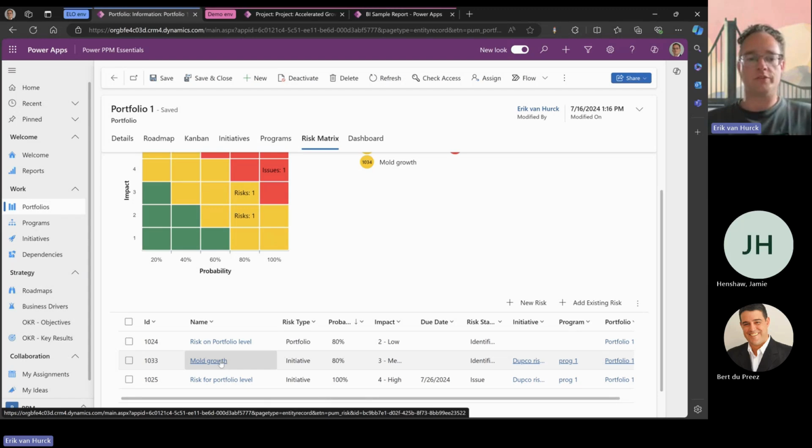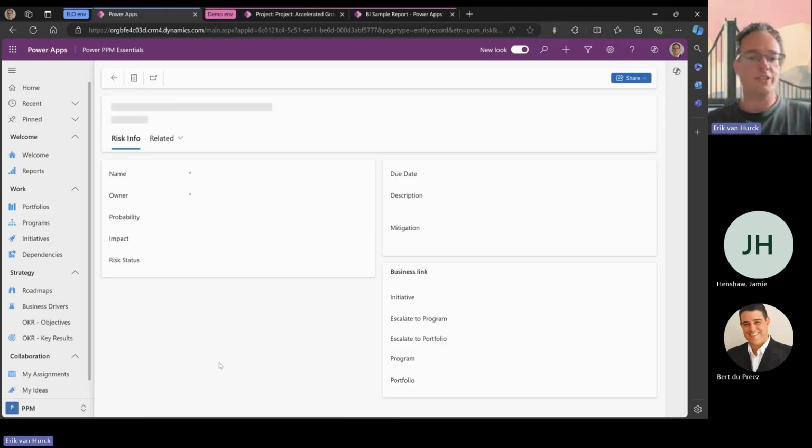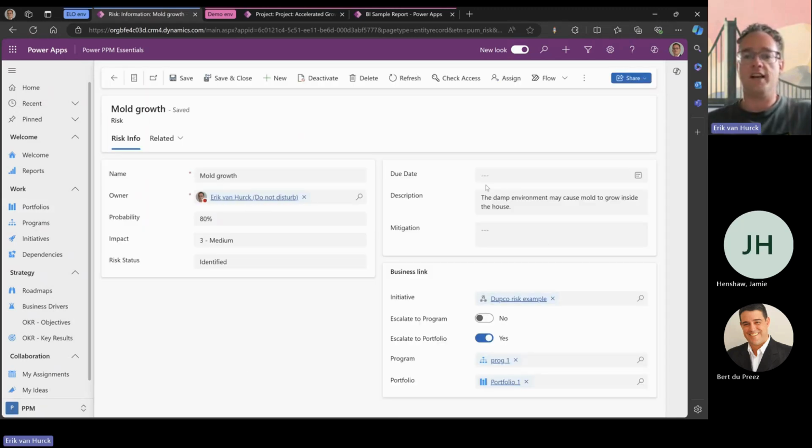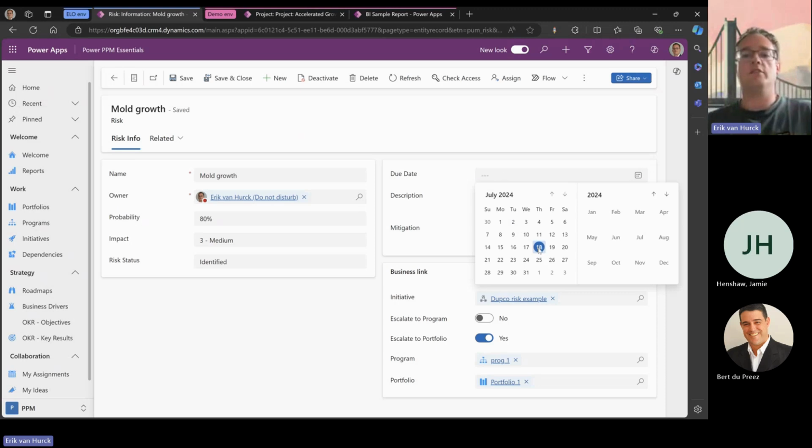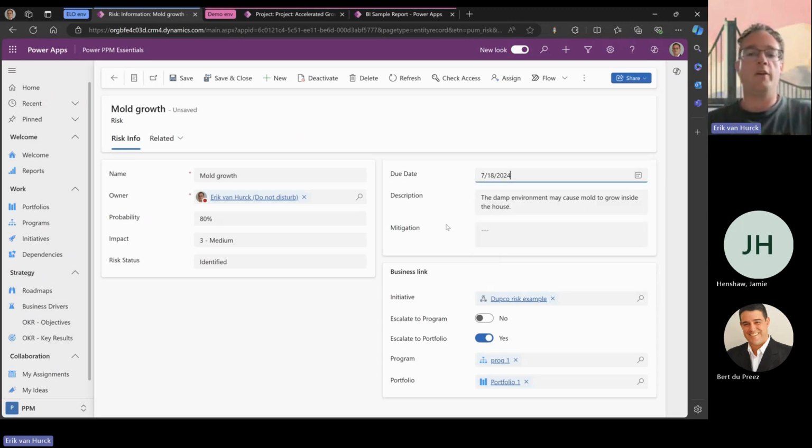Now on this mold growth project risk, what you'll see is on the right side, I have the option to look at due dates, which is typically the date where you would revisit the risk, where you would look at the risk and if the status is any different. So what we can do is that due date is today, and we're going to actually look at the impact and risk status. We might want to say that because we